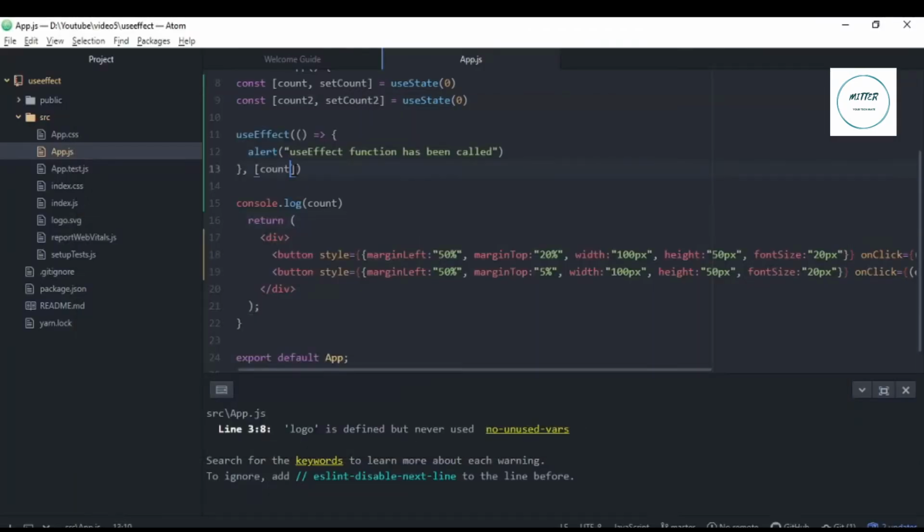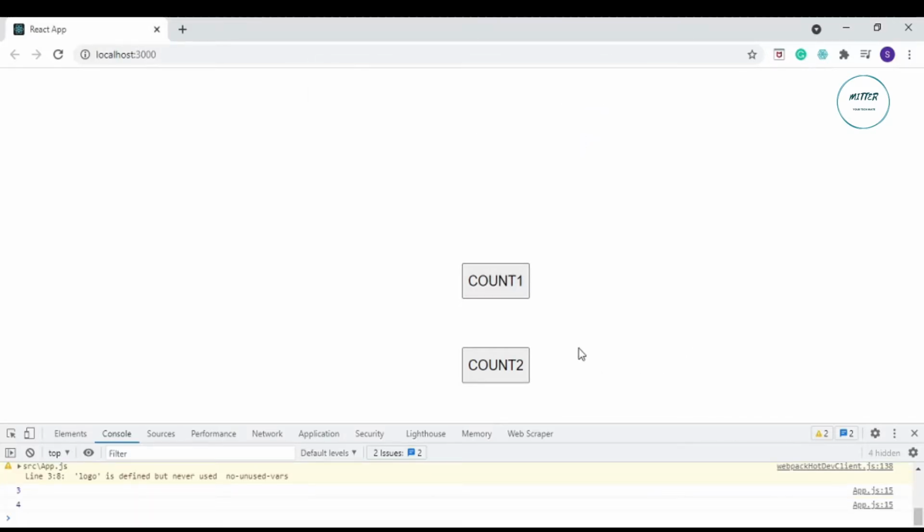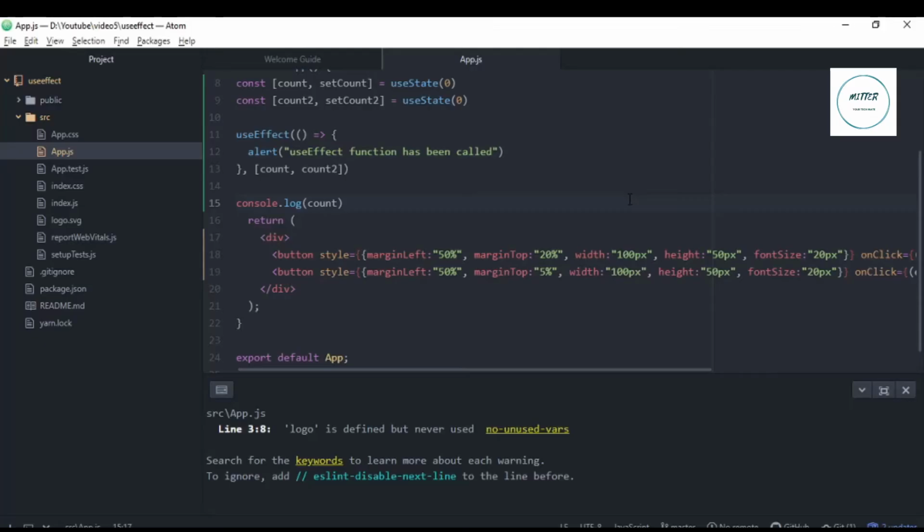And let's say if I put another condition here, that even if the count2 changes, that useEffect should be called again. And if I save it, okay, so now if I click on button 1, my useEffect is being called. If I click on button 2, again it is being called because I have given both the conditions here. Now let's say I remove the condition of the count, and I just need to call this useEffect only when the count2 changes.